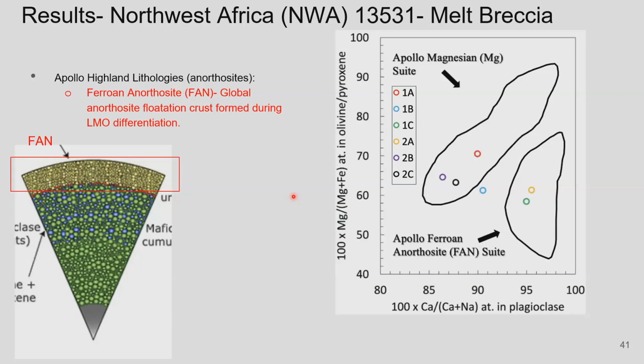So what we use in this plot is we're looking at the ratios of certain elements in the different mineral phases. And we can use them if we look at, let's say, a lunar meteorite that has maybe lots of clasts. And we take the composition of each of those clasts, and we look at the composition of these elements in plagioclase, plot them against the composition of these elements in olivine and pyroxene. If they plot within the fields outlined for where the Apollo samples plot, which we know were taken from the surface of the moon, then we can say with good certainty that these are likely from the